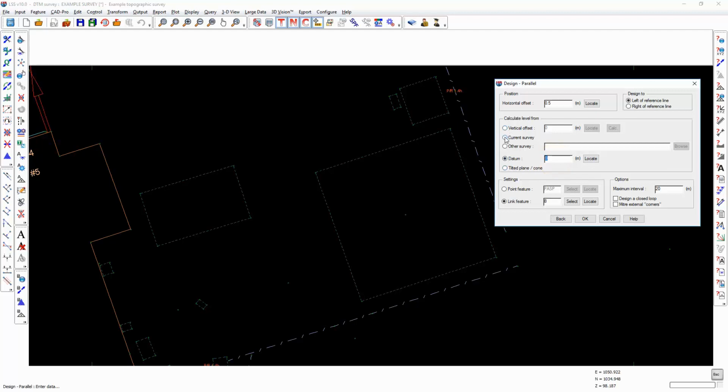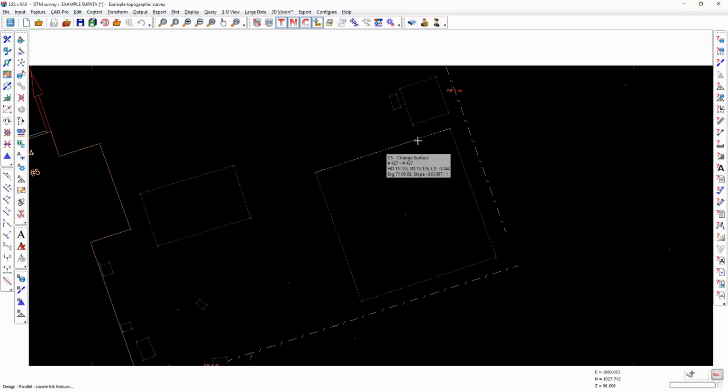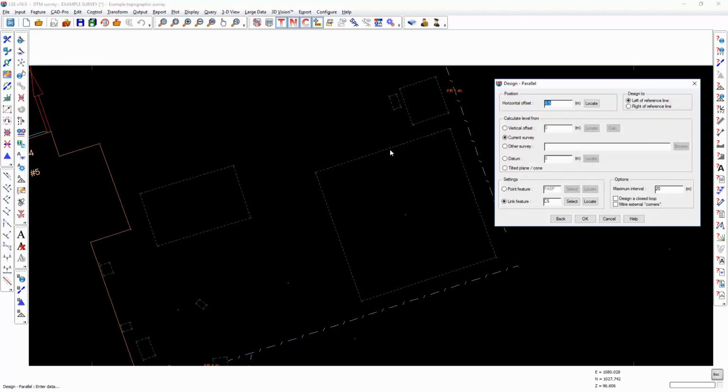So I'm going to get the levels from the current survey, and I can choose now whether I want to create point features only or points with a link, and if so, which features do I want to use. I'm going to use the same feature on the designed line as I am the reference line. If I'm going to effectively walk around the outside of this feature in a clockwise fashion, then I want the feature to be inside, therefore to my right. So I select to the right,